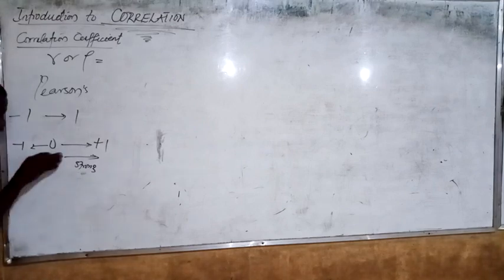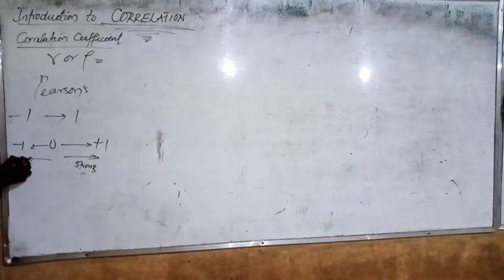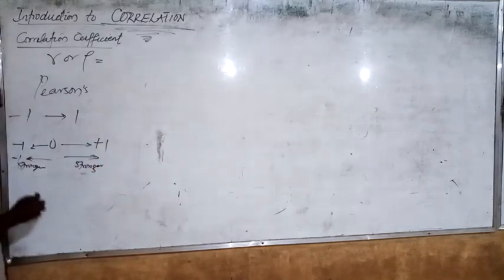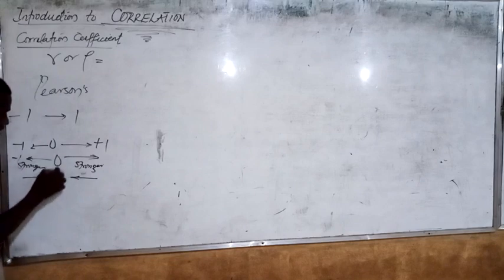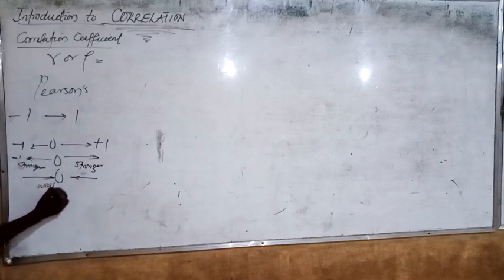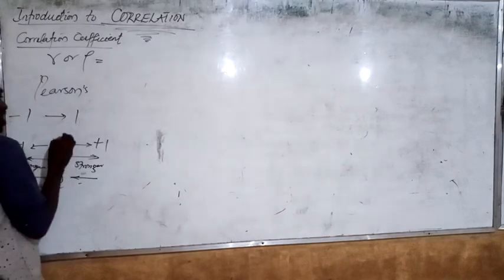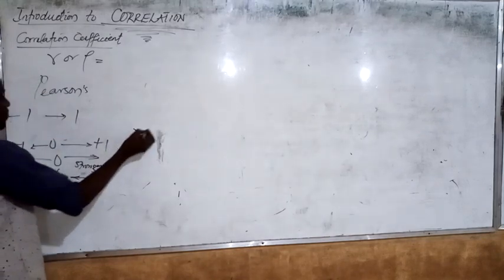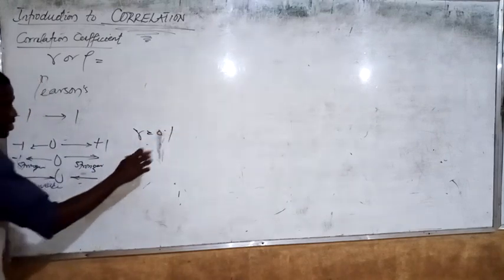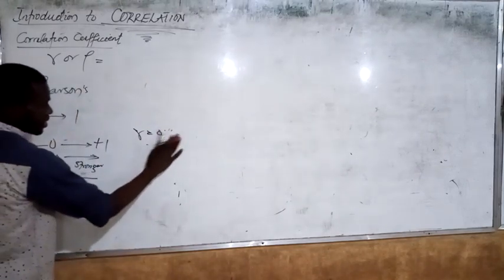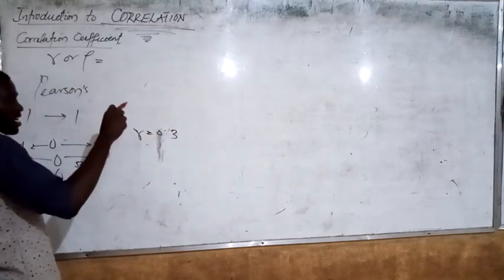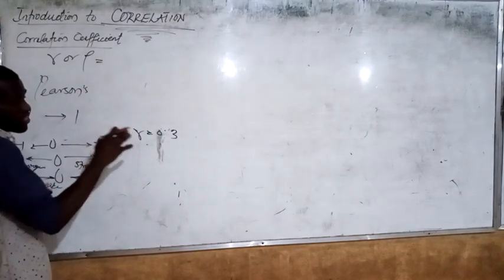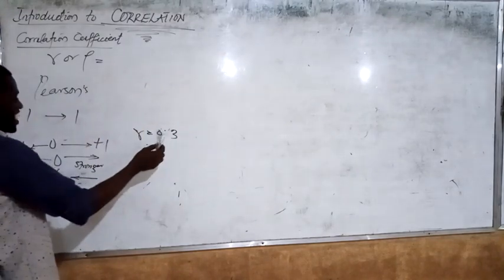I said the more your value tends towards +1 or -1, the stronger the relationship. But the more your value tends towards 0, from both sides, the weaker the relationship. So for example, if you have a correlation coefficient value of R equals 0.1, 0.2, 0.3, 0.4, 0.5, even let's just say 0.1 to 0.4,